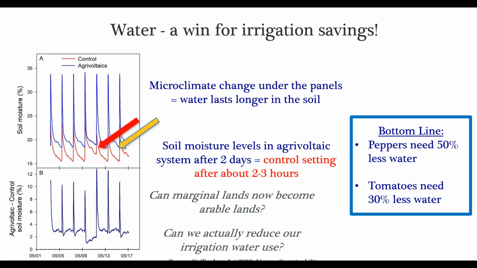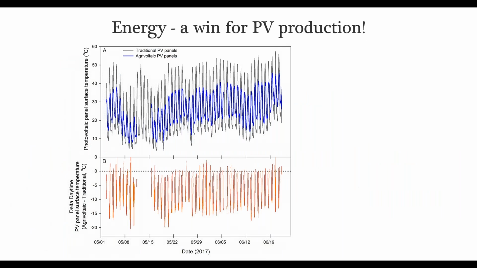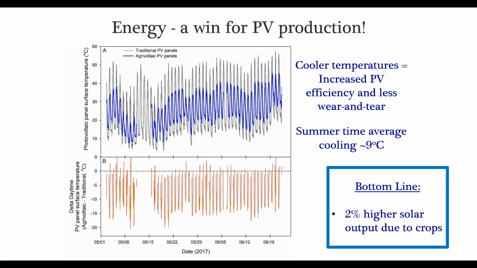And so we're seeing both the food benefits, the water benefits, and of course we also are seeing energy benefits too, because these agricultural crops create cooler microclimates underneath the panels. And so what happens is that we actually see lower temperatures during the day and higher temperatures at night, but those lower temperatures during the day when the solar panels are operating means we're getting about 2% more energy output